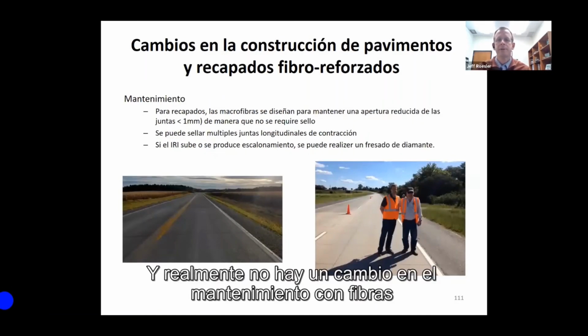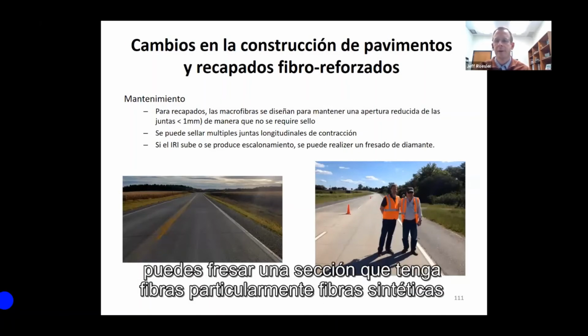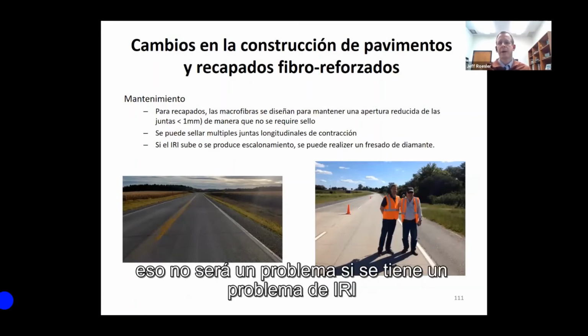And really, there's no change in the maintenance with fibers. You can mill a section that has fibers, particularly synthetic fibers. That won't be a problem if you had an IRI problem. And